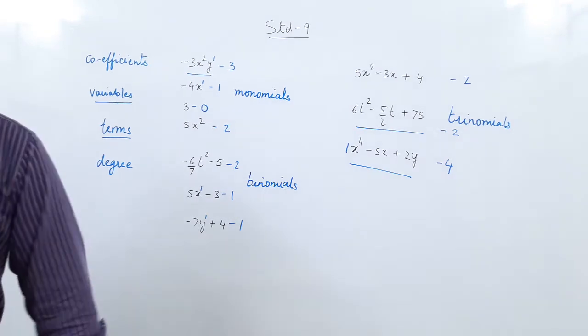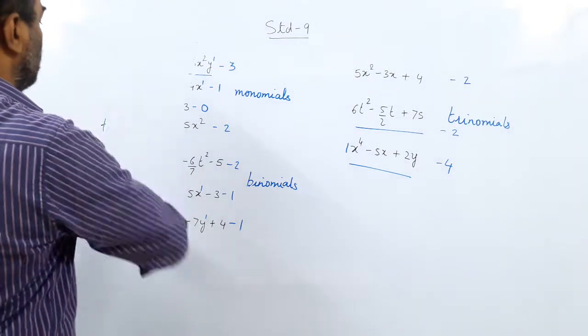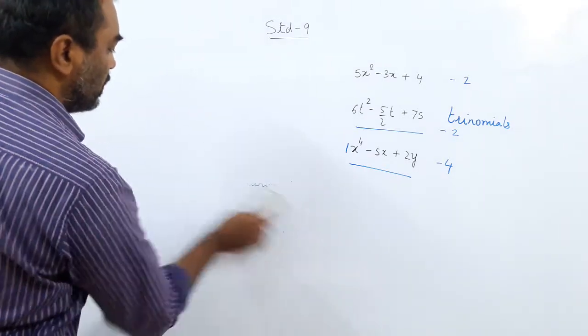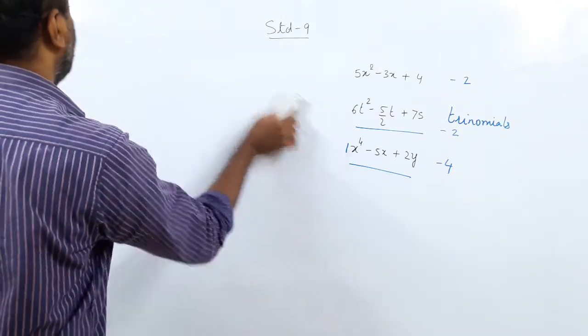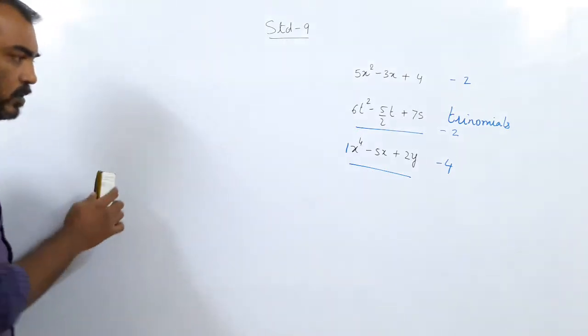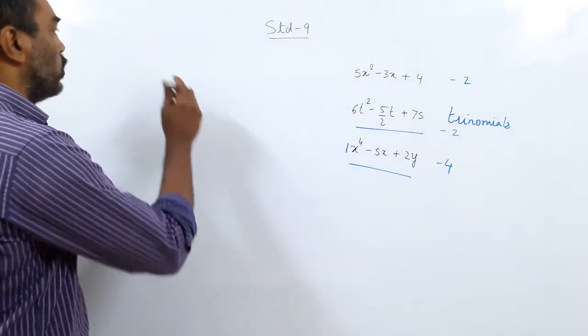So now we start with the next part, is how we will solve polynomials. What we have to do with polynomials. But we have only seen things so far. First let us classify what is a polynomial. So I am going to write a few things on the board which are not polynomials, and you will see why they are not polynomials.